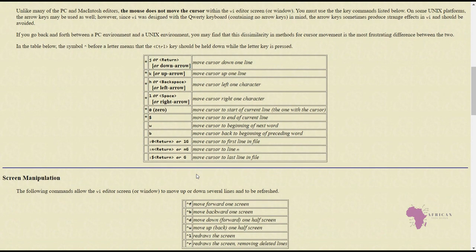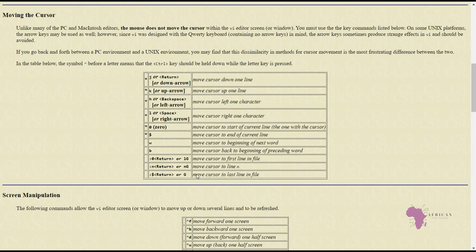Feel free to go through all this. You really need to make sure you understand what is happening, but I'm just giving you an overview and helping you understand so that it's easier for you to learn more concepts. One other thing that you might really want to make sure you understand is